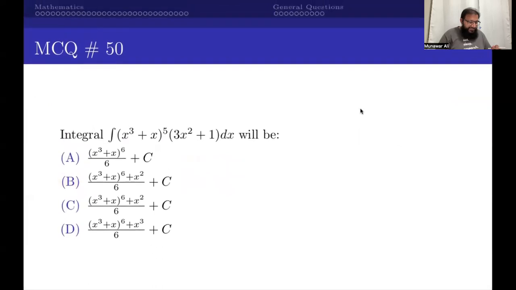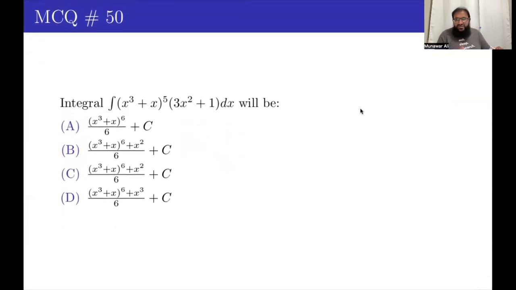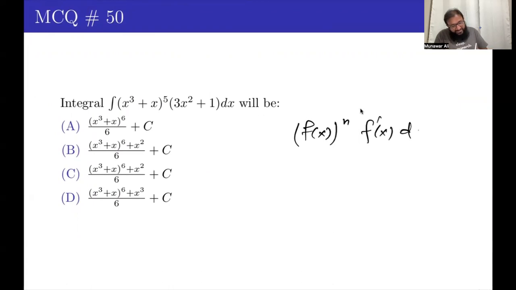Okay, so we are at the last MCQ. Here we have to find the integral of a function. And again, you have to keep this formula in your mind: the integral of f of x raised to n times f prime of x dx. If there's a function raised to some power n, and obviously this n should not be -1,